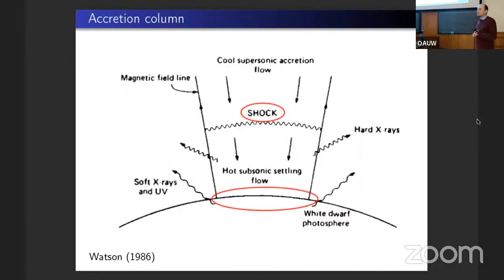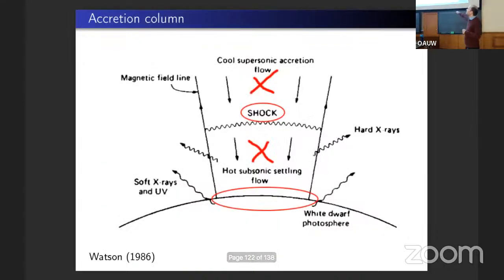And my favorite theory is that this flickering originates in the shock. And I don't think it originates in the supersonic accretion flow because this is too quiet. The accretion stream is too quiet. And at least in my simplified picture, I don't see any stochastic processes with this big amplitude happening there.